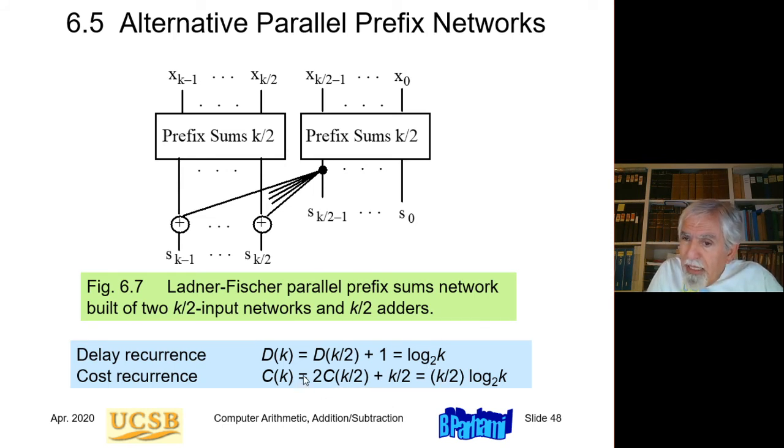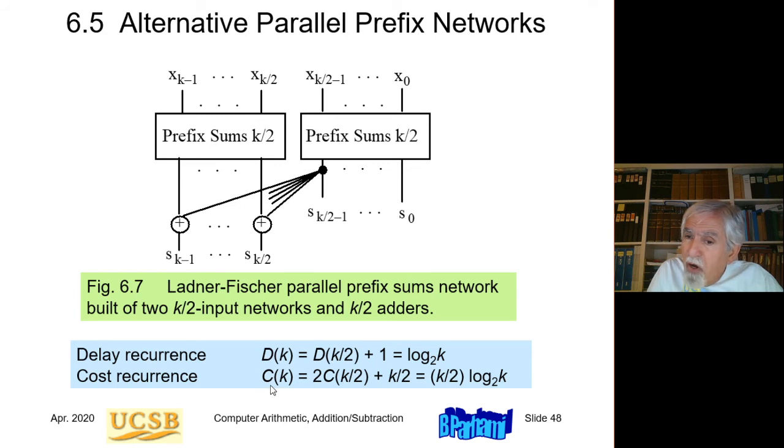So d(k) is d(k/2) plus 1. And the solution to this recurrence is log2 k, which is the best speed possible. If I have k things to combine, because this last output is a function of all those k inputs, I need a minimum of log2 k levels of these additions to compute that,